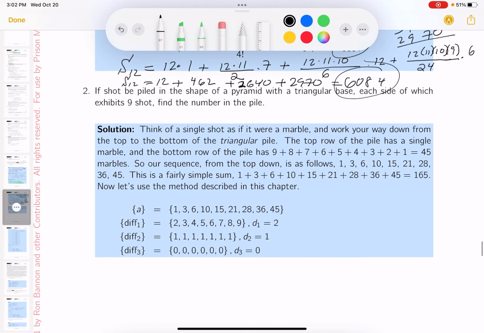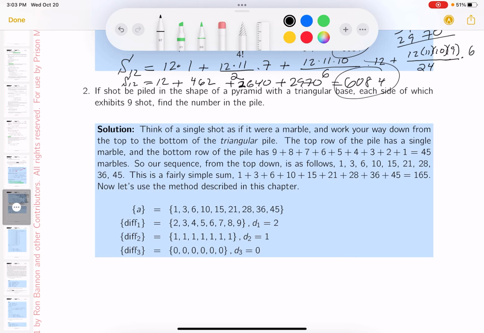And the next question I'm going to do, I'm just going to explain it to you. You certainly can do differential method if you want. But a lot of people look at this, they read it, they have no idea what they're talking about. And shot are like cannonball. All right, so I'm going to say if shot is piled in the shape of a pyramid, and that's typical. If you ever see a war memorial from early history, you'll see piles of cannonballs. And they're generally, I don't know if everyone's going to be a triangular base, but it says a triangular base